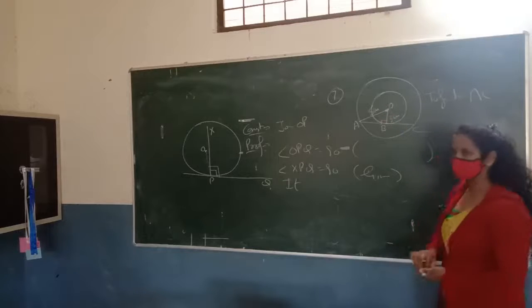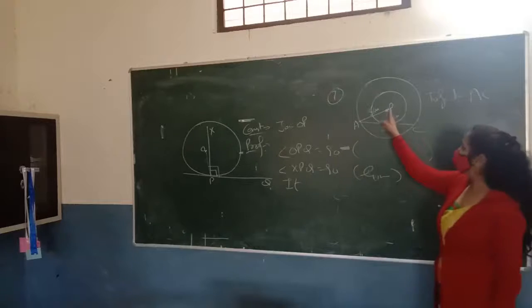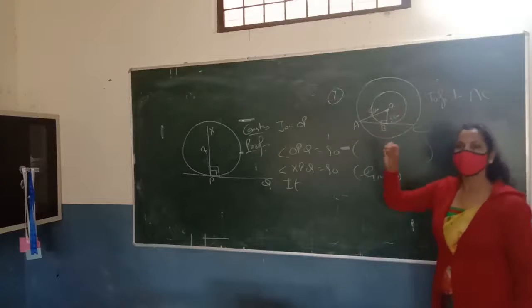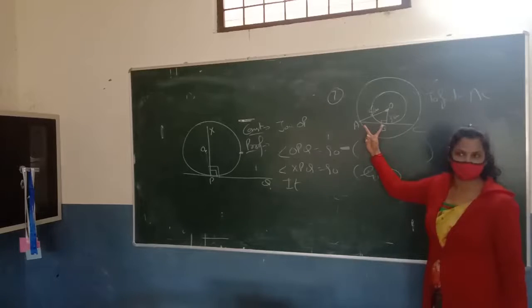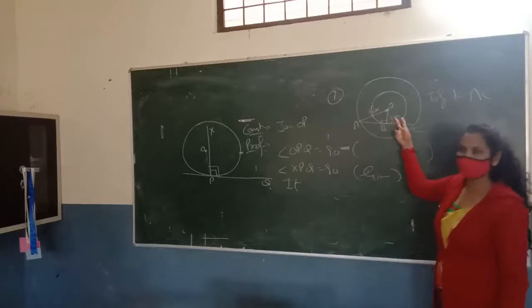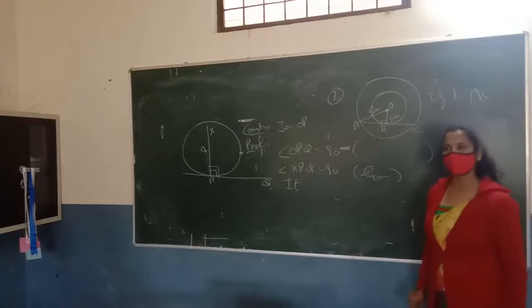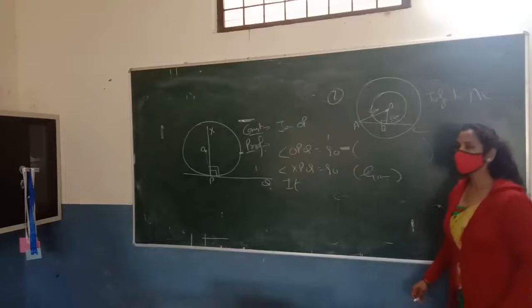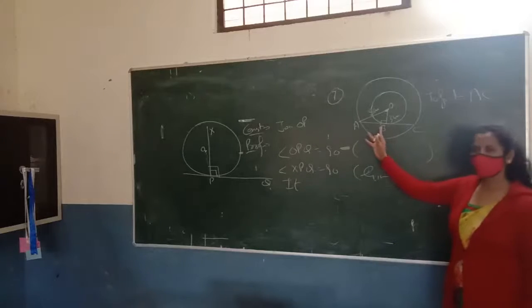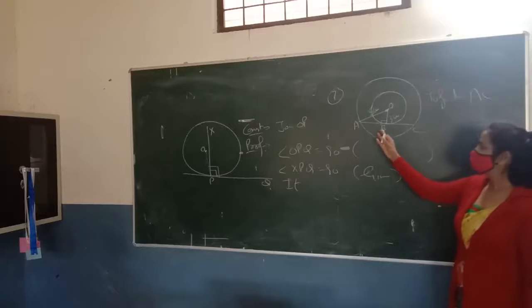First of all, you will explain why this angle is 90 by writing the theorem. Now in this triangle you can apply the Pythagoras theorem, and by applying it you will find that AB is 4 centimeter. 5 square minus 3 square, that is 16, so 4. So what should be the length of AC? Mansi? AB plus BC. Yes, we can say that twice of AB.